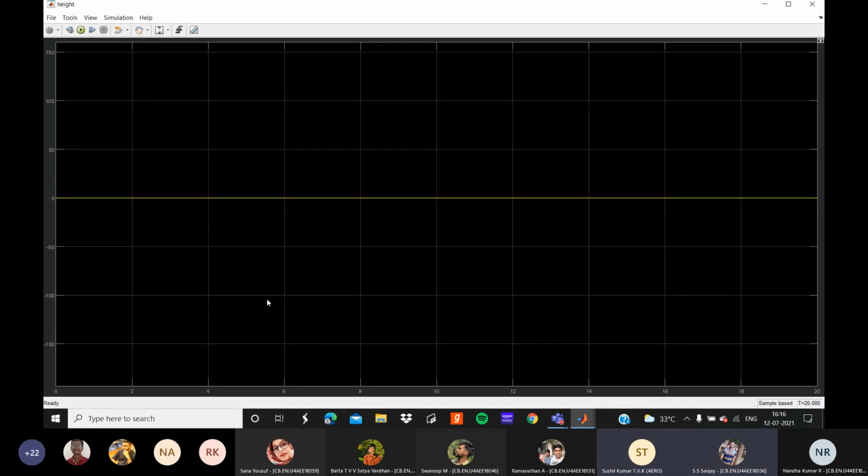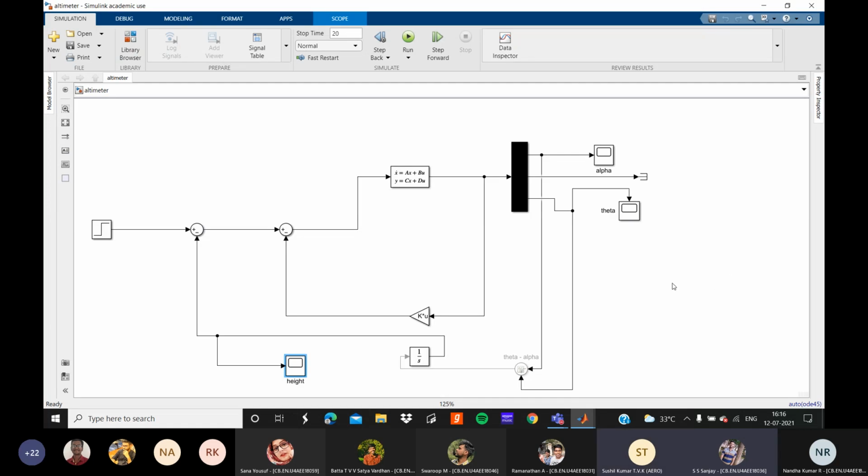The thing is, we are getting it as constant but 0. Is it because we have not given any reference height, sir? You have to give some reference height. Yes, that reference height we have not given, that is why it shows 0. But it is constant. Altitude hold means it's constant. Either it's constant or it's not having any input to that block. But sir, we've changed the input, but it still shows the same variation. So it has to show some variation.